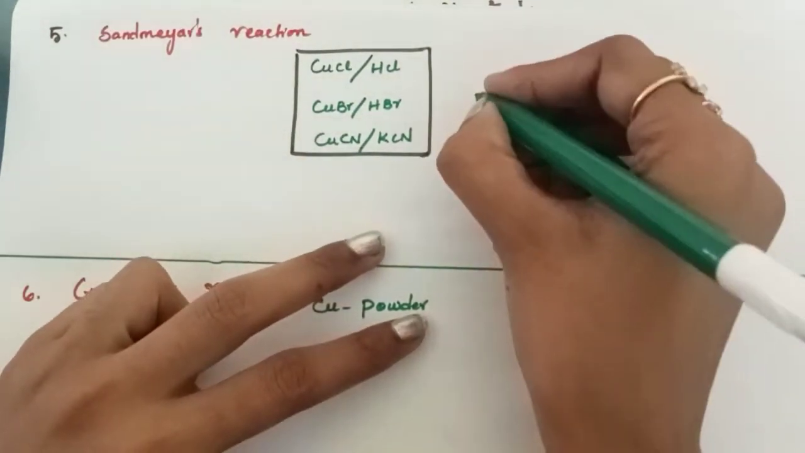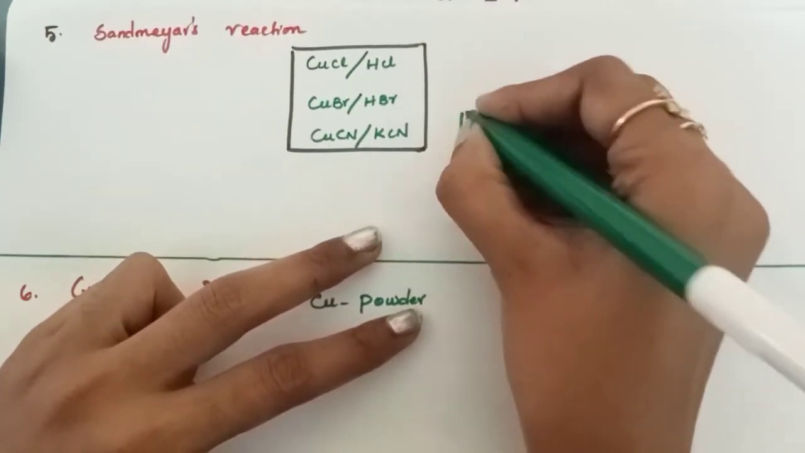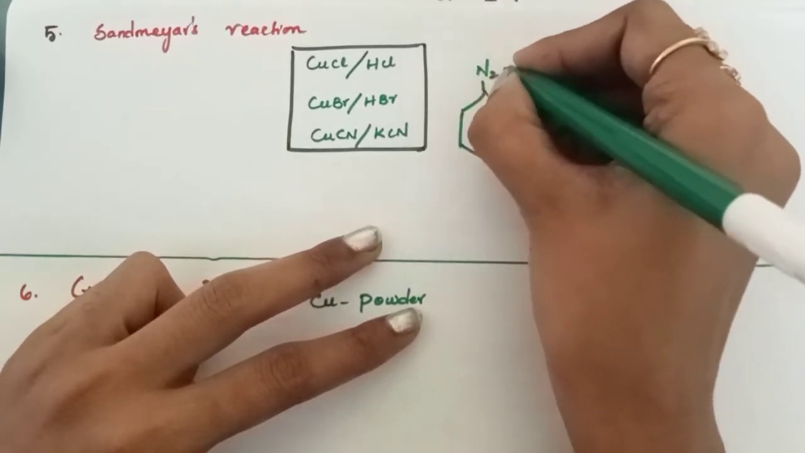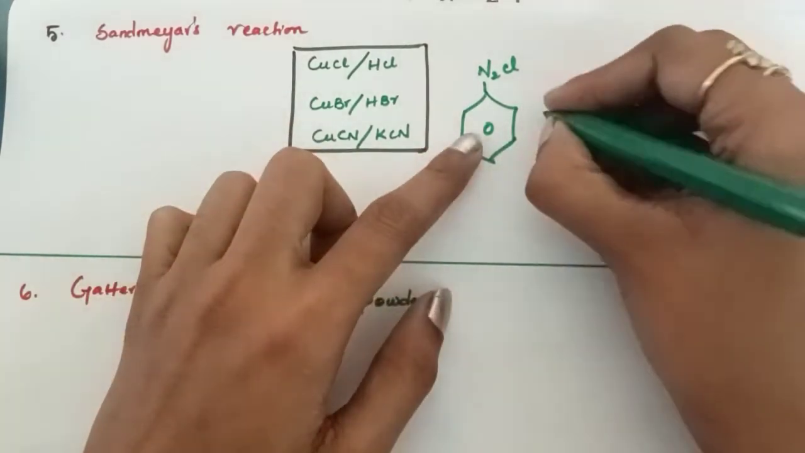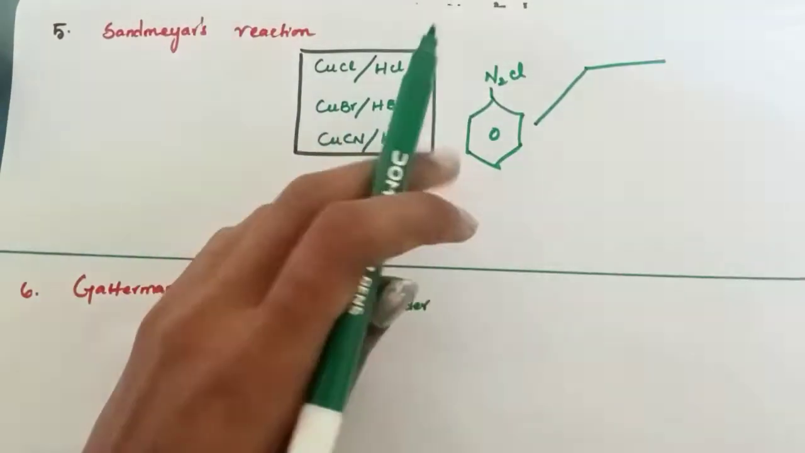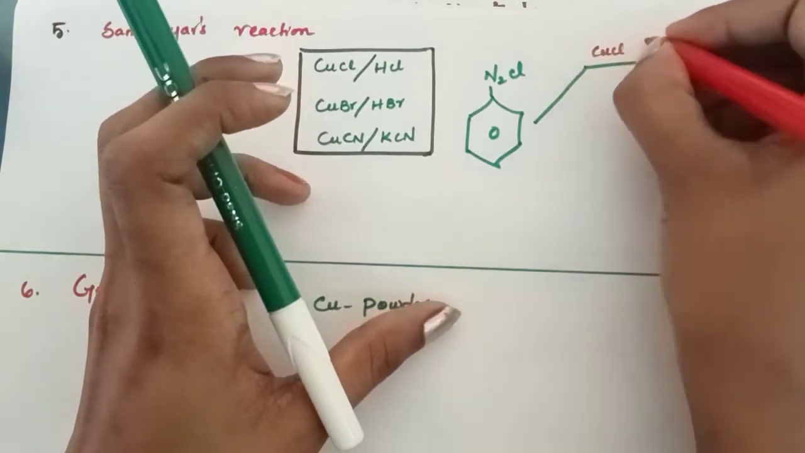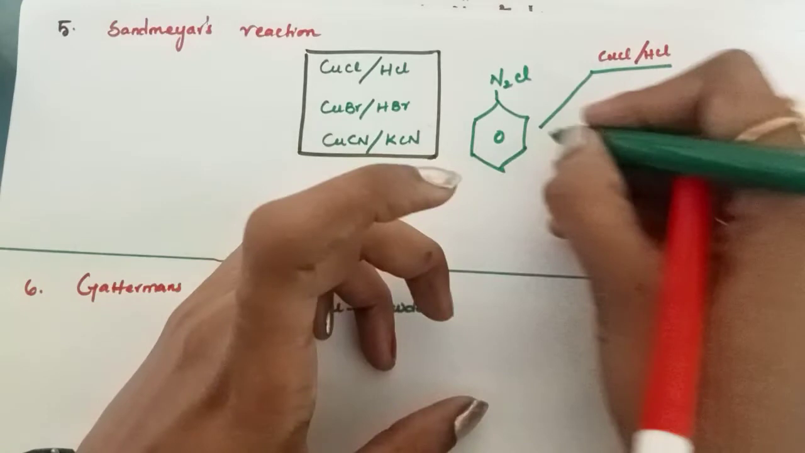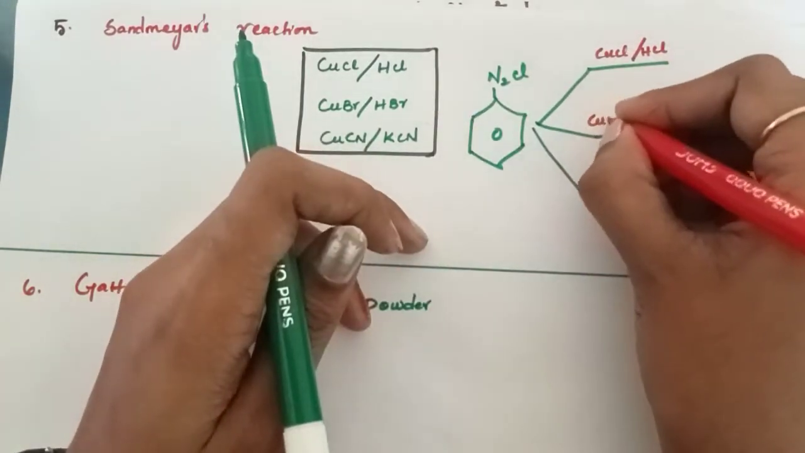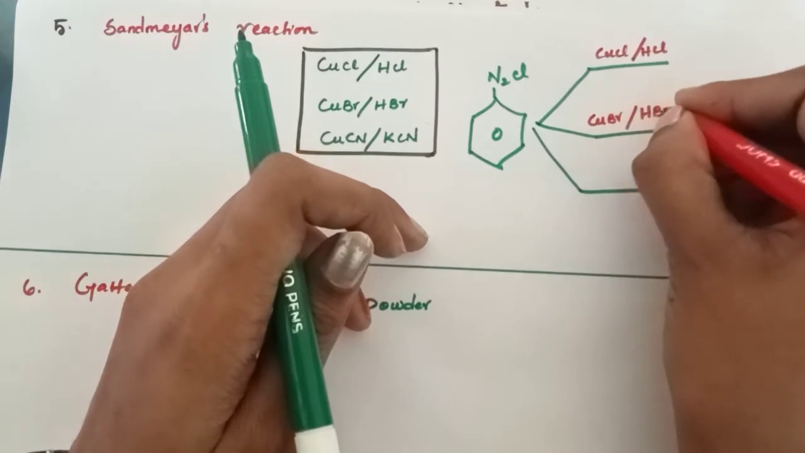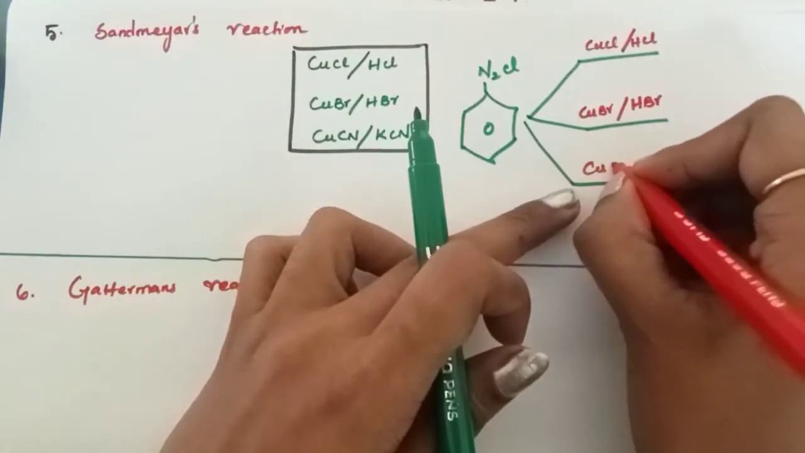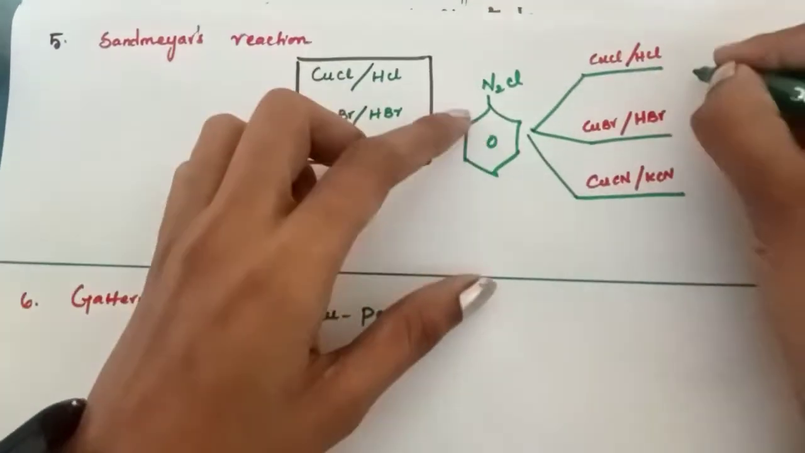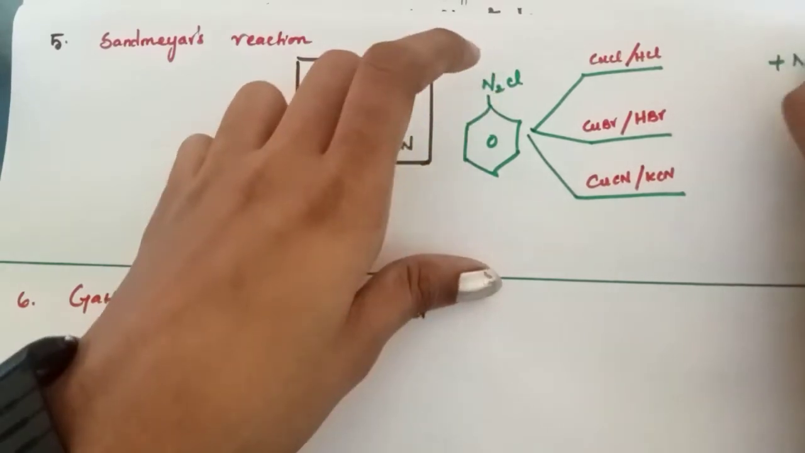So here I'll take benzene diazonium chloride, N2Cl. This benzene diazonium chloride which on reaction with cuprous chloride in the presence of HCl, cuprous bromide in the presence of HBr, and copper cyanide in the presence of potassium cyanide, nitrogen gas evolved